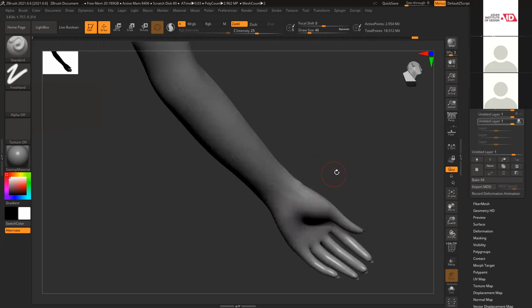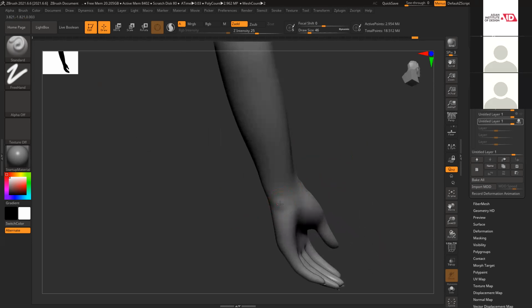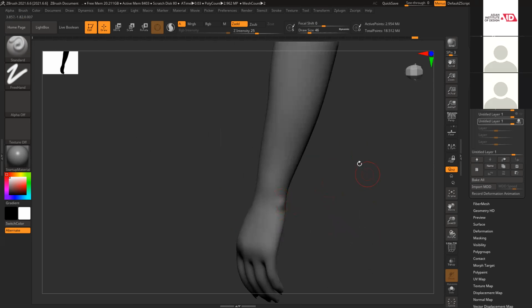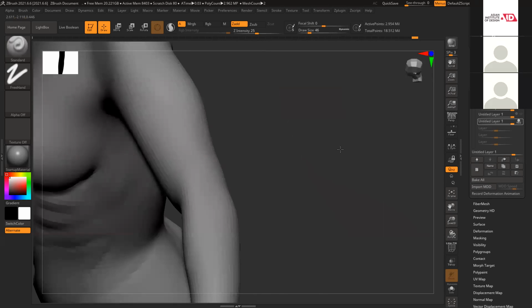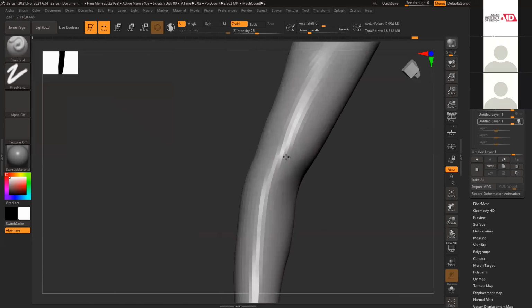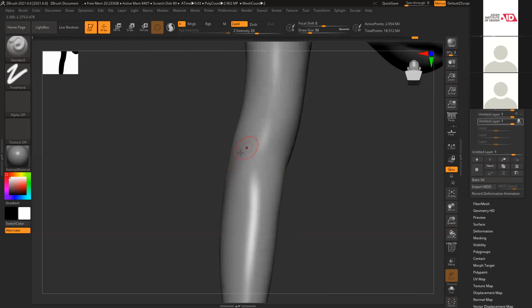Make this bone slightly prominent and this one also slightly prominent. Elbow. Oh, this elbow is not visible.